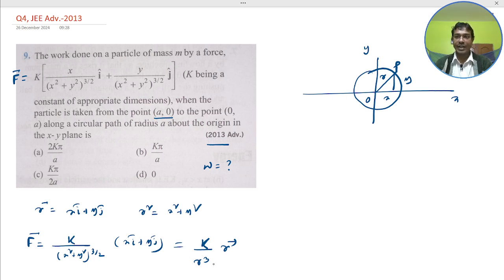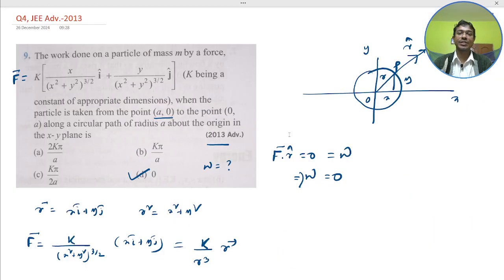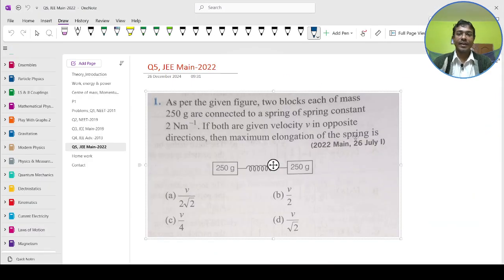This is saying that the force is along r. This is the r, and this is the force direction, and here r cap. So force is along the direction of r, so F dot r cap is equal to 0 along the path, so work done would be 0. D would be our correct answer. So this is a JEE Advanced question, but logical and conceptual. You just keep in mind this type of questions. Next,